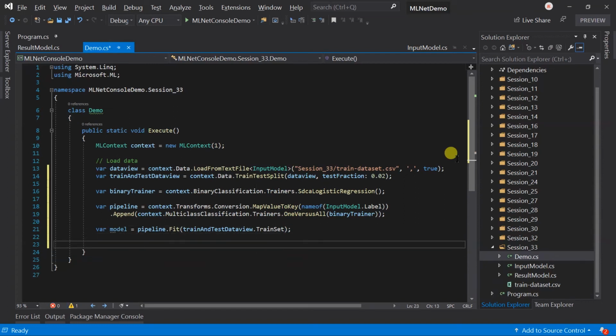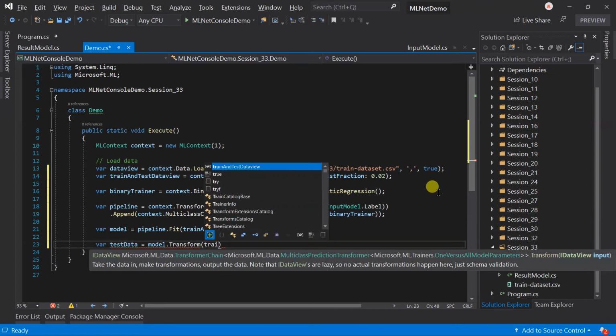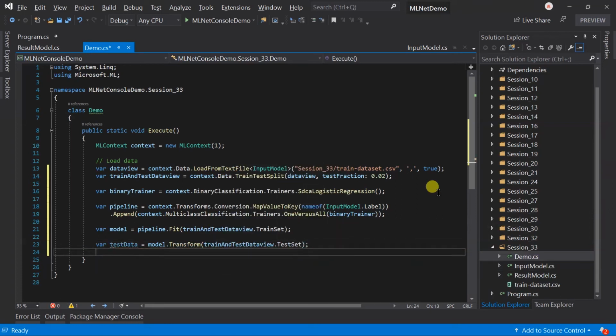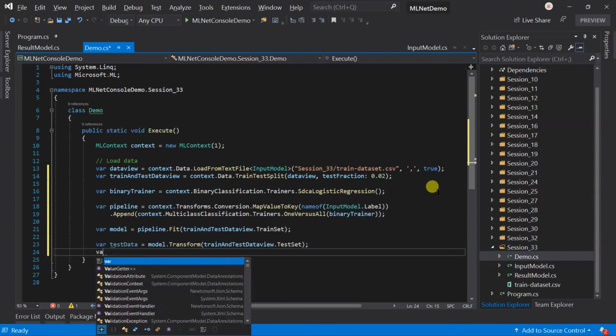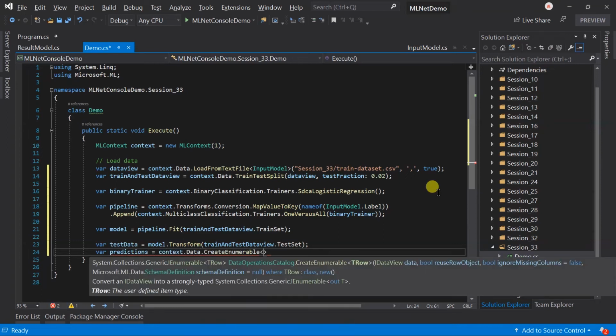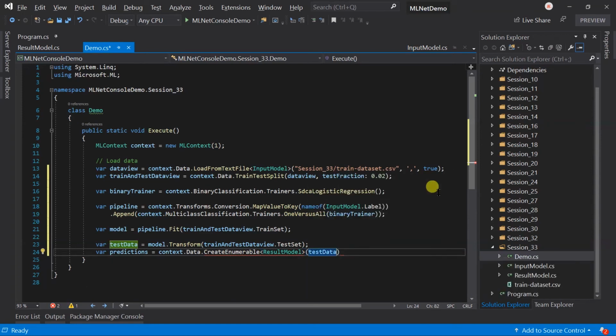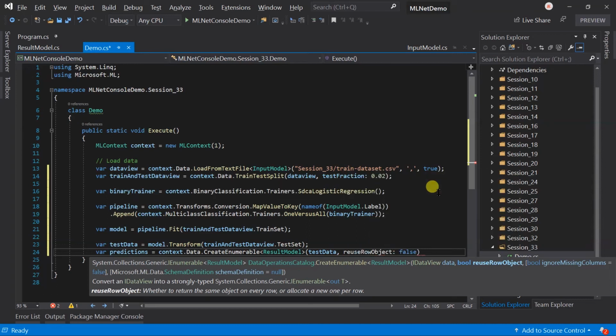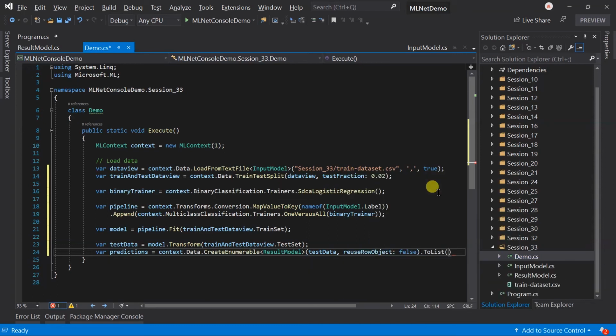For this example, I am going to use the transform method to execute the pipeline on the entire data view, instead of performing the prediction for a single record using the prediction engine. Use the transform method and pass the test dataset. Now we have the transformed data view which contains the result. So I am going to convert it to a list of the result model using the create enumerable method of the data operation catalog. Pass the transformed dataset and we don't want to reuse the object, so pass false, convert to a list,